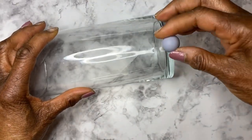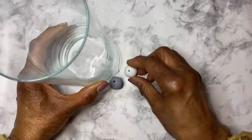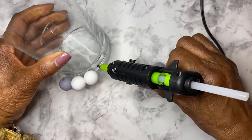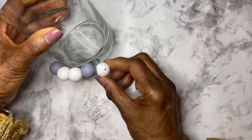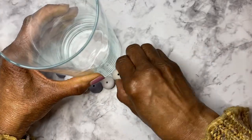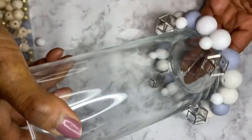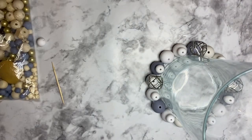It is very important to pick out the beads that you want to use for your candle holder. I had blue, white, and natural beads, but not enough to put the same across the bottom. I chose to use white and pale blue and alternate every 2 beads as best as possible. Then I added some silver odd-shaped metal beads. They were in the bag with the blue beads, and some smaller beads to set on top of the white